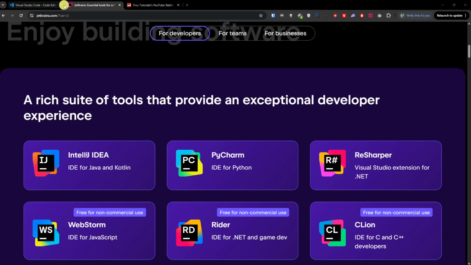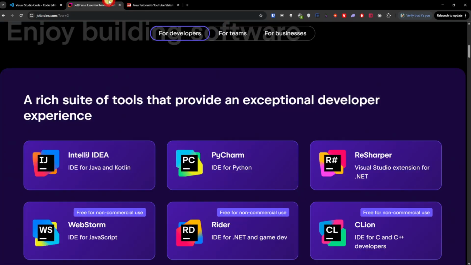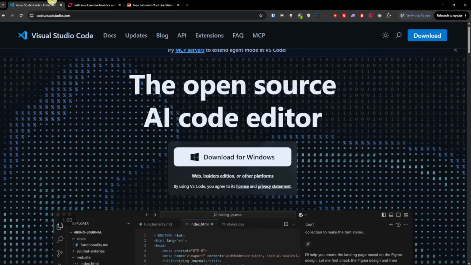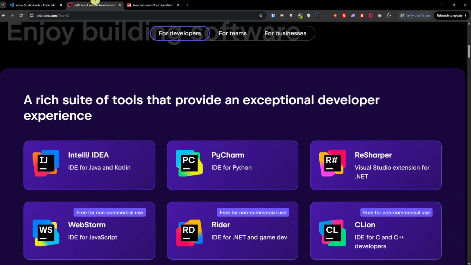JetBrains, on the other hand, is rich, but has a busy interface, so that's something you have to be aware of. Now, for JetBrains, the ecosystem is smaller compared to VSCode, and VSCode offers extensions for nearly every language. But with JetBrains, you get PhpStorm, PyCharm, IntelliJ IDEA, WebStorm, and the cost is